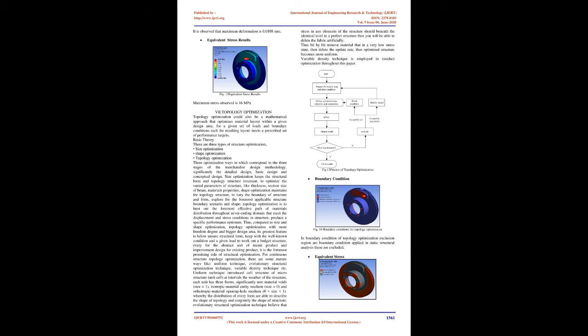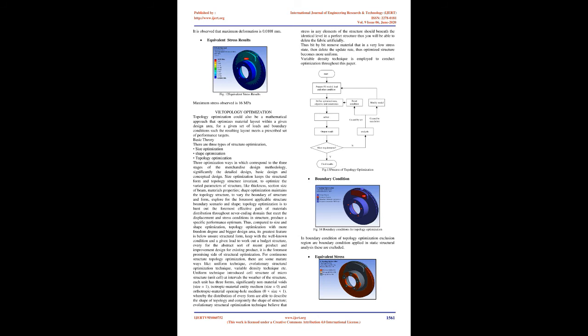Thus, compared to size and shape optimization, topology optimization has more degrees of freedom and a bigger design area. Its greatest feature is that, under an uncertain structural form, and given the known conditions and a given load, it works out a budget structure. For both the abstract design of new products and improvement design of existing products, it is the most promising aspect of structural optimization. For continuous structure topology optimization, there are some mature ways like the homogenization technique, the evolutionary structural optimization technique,